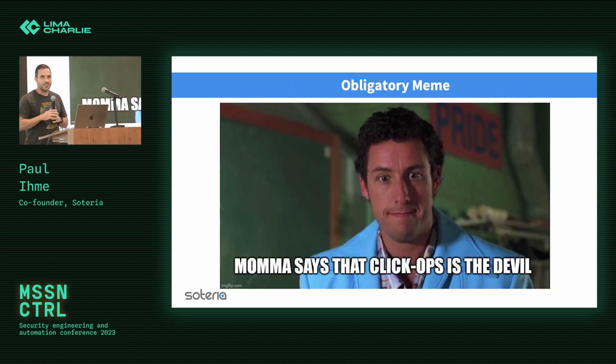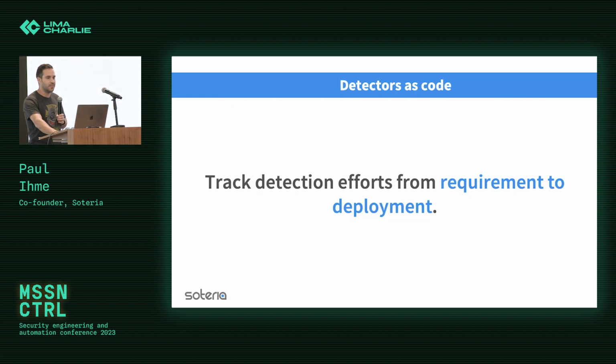Bobby Boucher's mom was onto something, right? ClickOps is the devil. So we want to get out of going into our SIMs or going into LimaCharlie and using the UI for all of our detection work. That's the approach we've been taking since about 2018, 2019, is really making sure that everything we do is not really done through the UI. We can use the UI to click around and do things, but ultimately anything we do is going to be done as code, and LimaCharlie's platform does an amazing job at allowing us to do that.